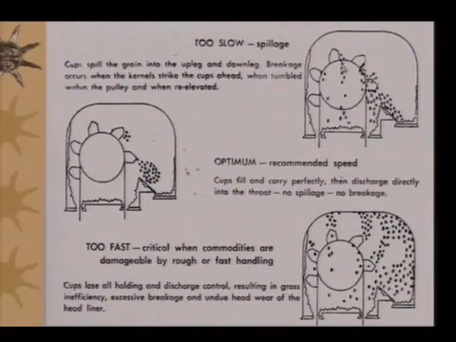The cups spill the grain into the up leg and down leg. Breakage occurs when the kernels strike the cup ahead, when tumbled within the pulley, and when re-elevated. As you find here, at a slow speed it will fall down here, and there will be breakage also